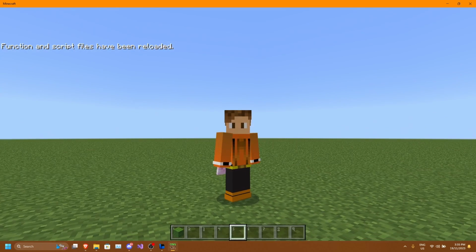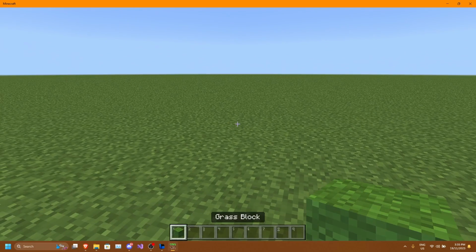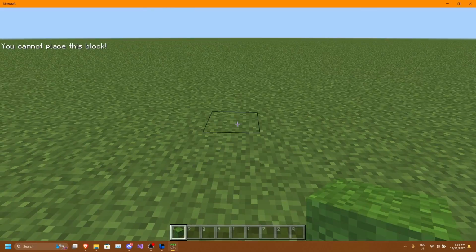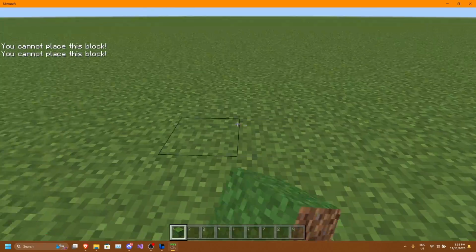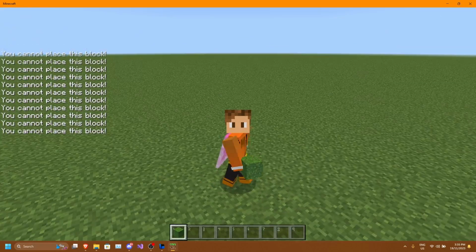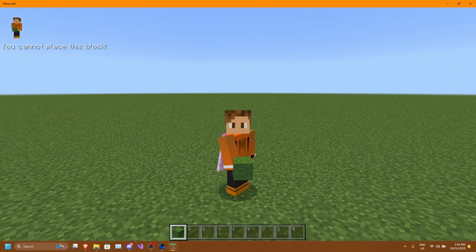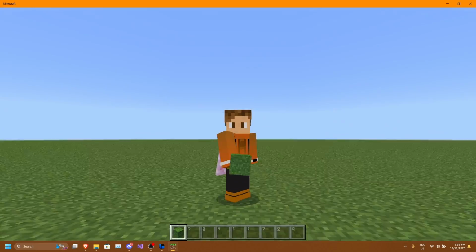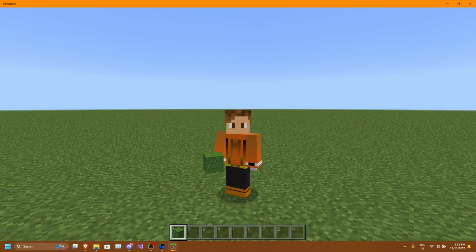Functions and script files have been reloaded. So let's see if this works. So place a block, and as you can see here, you cannot place this block. Pretty cool, right? So next thing that I'm going to show you,